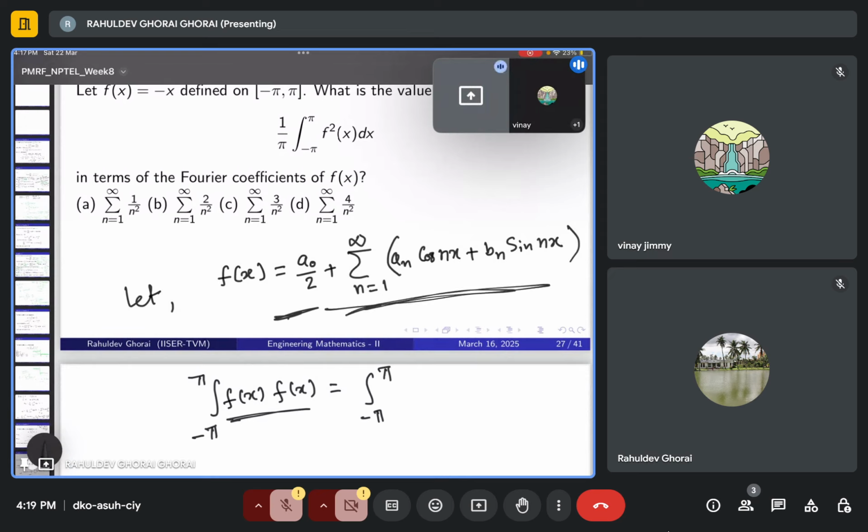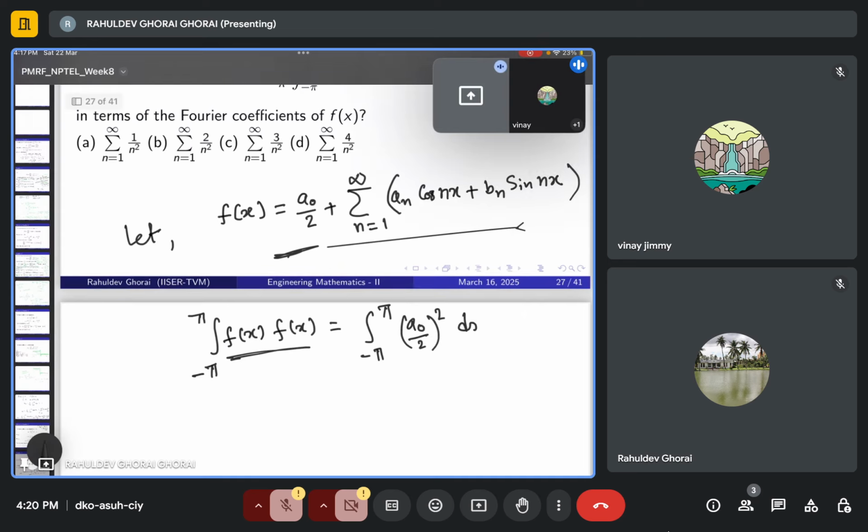This term you are multiplying twice, right? So if you multiply it twice, can you tell me what will remain, when you take n equal to 1 to infinity, the sum over n equal to 1 to infinity of a n square